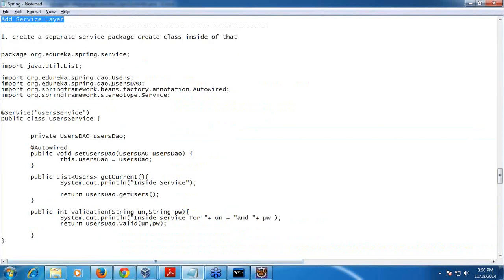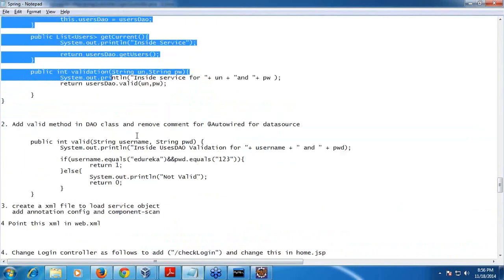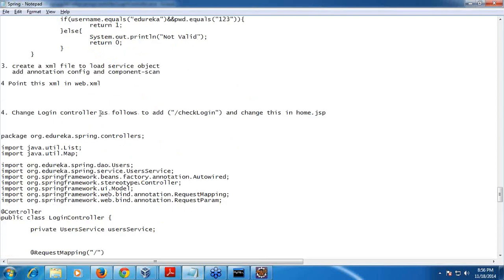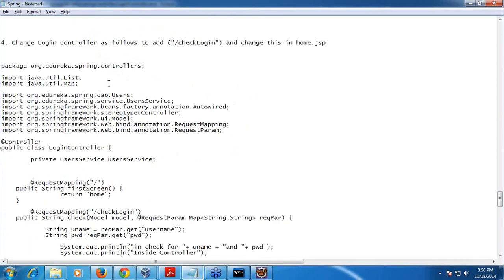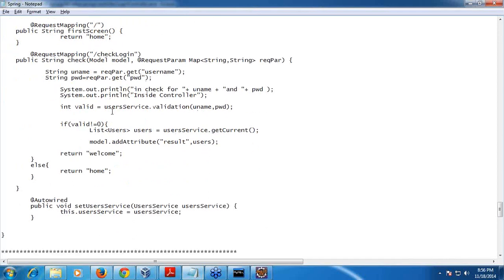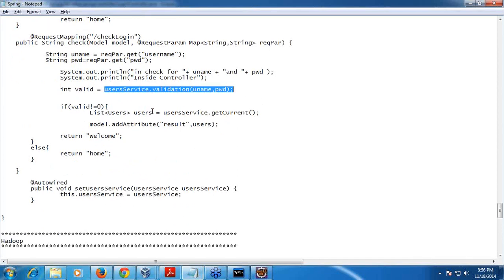So you just follow this same thing again, create a Java class file, and then add the XML file, component scan and everything, and then point that XML file in web XML, and then change your controller class to call the service method directly. Instead of calling DAO, you can use this service method, right?